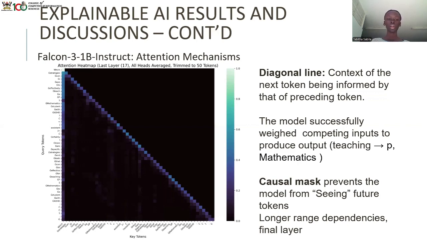When you also look at the lower left side of this graph, you can tell that the model was able to recognize longer range dependencies between different tokens. And this is majorly to do with the fact that this is also layer 17, meaning that this is basically a combination of all the relationships and all the patterns that have been recognized in the other layers now coming to the final layer. So because of that, it has more, let's say, knowledge of the dependencies or the relationships between different tokens when compared to the first layers, like we shall see in the next slide.